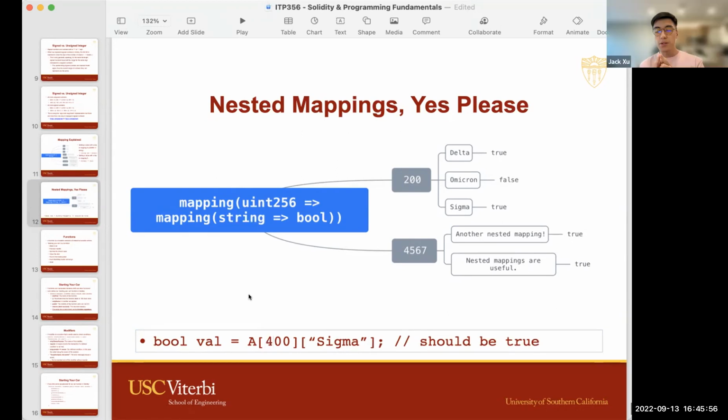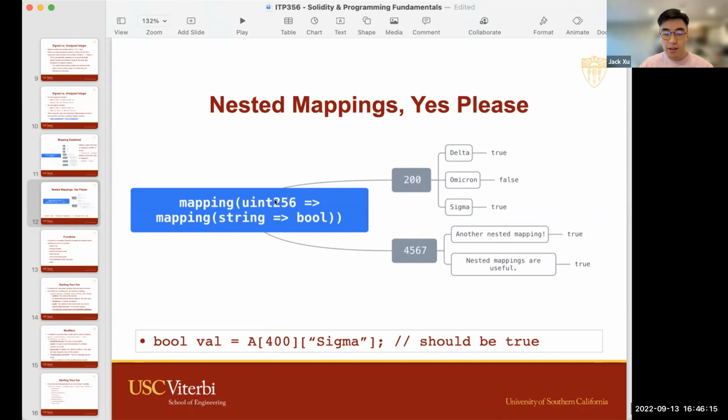No, a number? So the wording, I should have reworded it. It's not that it didn't exist. It's just that we never modified it. We never changed it from the default state because remember, in the mapping, all the keys and all the values, they technically exist. They're just empty.